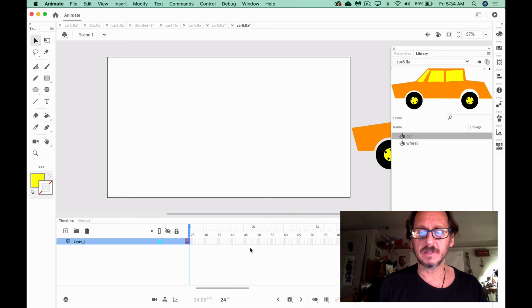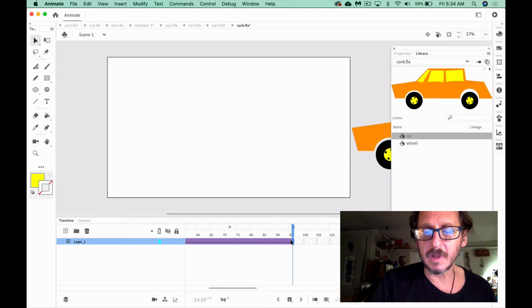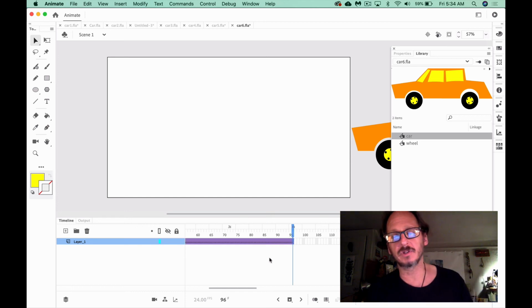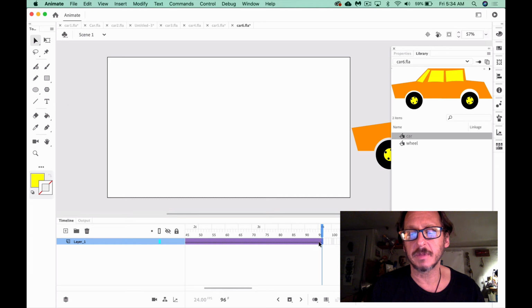At that stage, I think I'd like to extend the timeline because it's 1 second long and I'd like that car to take its time. I think I'm going to go out to 4 seconds, and I'm going to F5. I've been promoting the habit of F5ing just so that you get in the habit of establishing lengths. Truly, I could have saved a step by just coming there and F6ing right away.